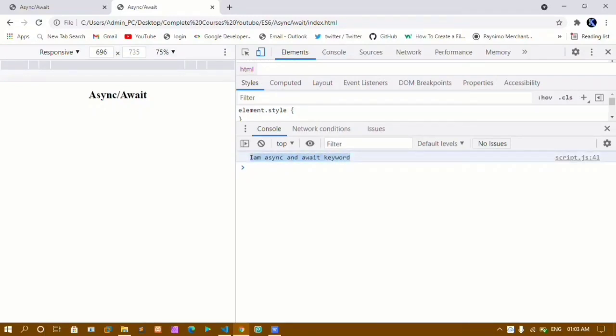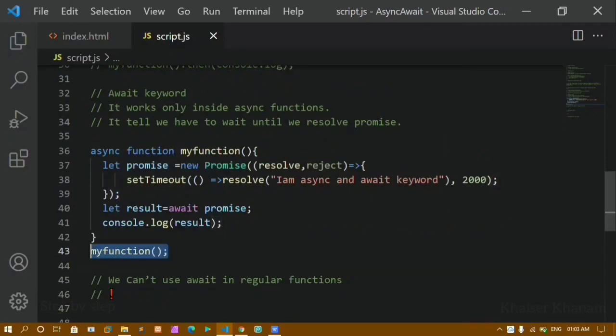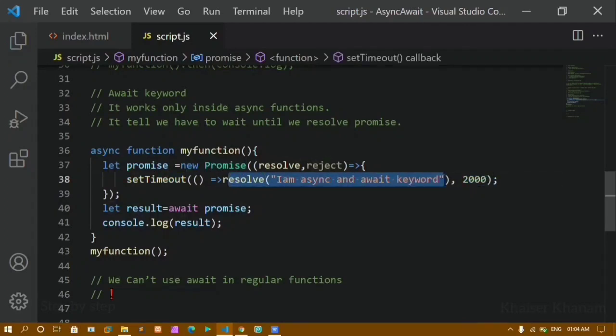Okay, I am using async and await keyword. I'll just explain it to you. I'm calling this function here. This will go here. This will see this is async, and this function is going to return a promise. Here I'm just creating a new promise, and inside this promise I'm passing these two arguments, resolve and reject. Now inside this function I'm setting this setTimeout, and here I'm telling after 2000, after 2 seconds, just print me this data. Okay, resolve data, which means that I am not having any error and my promise has